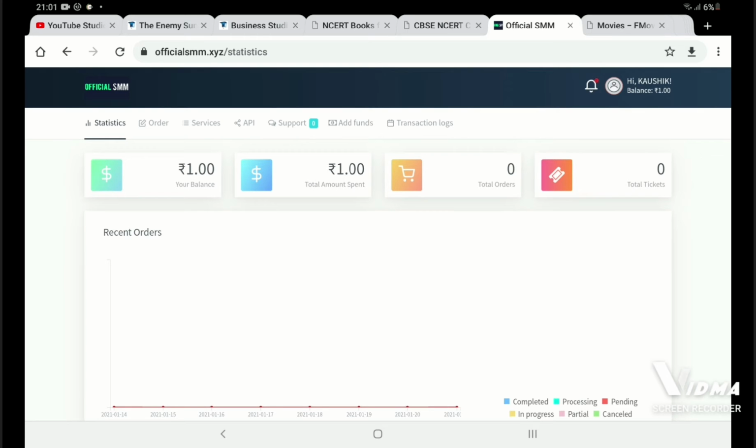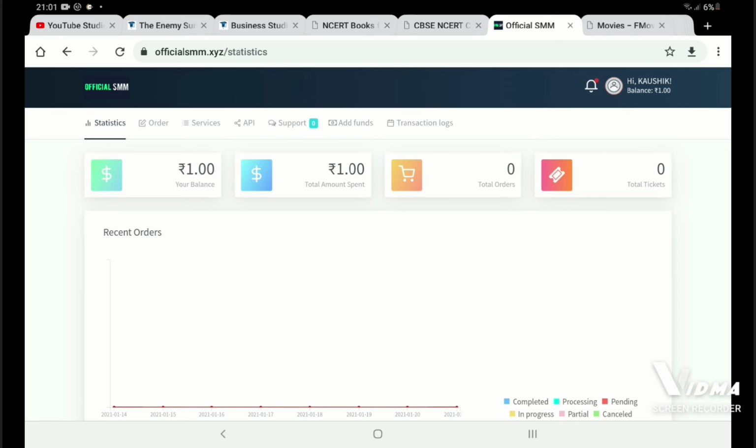So when customers have a query, they can't directly talk to the admin of the panel, and that's why we have tickets. If you're facing any issues, if you want a refill, if you want a speed up, if you're facing payment issues, any of these issues, then you can raise a ticket, and the admin will view the ticket and he'll take the necessary steps.